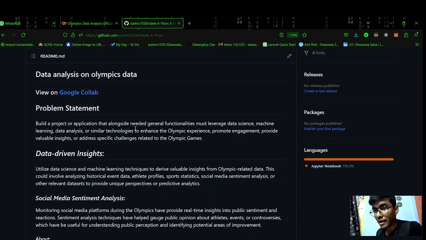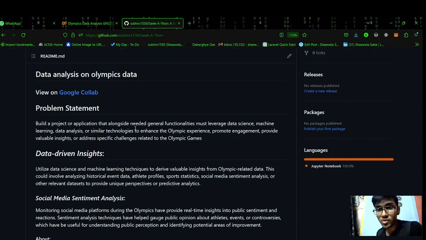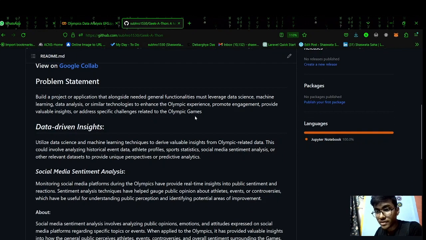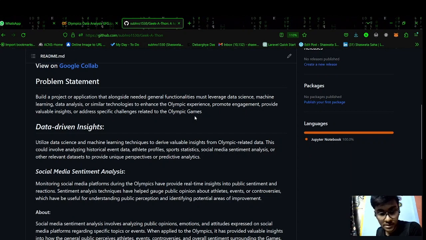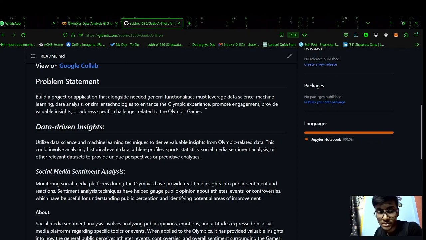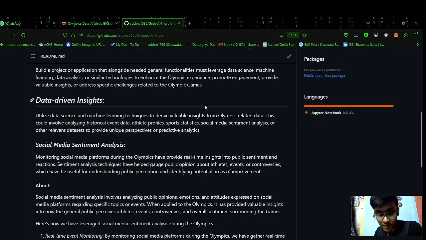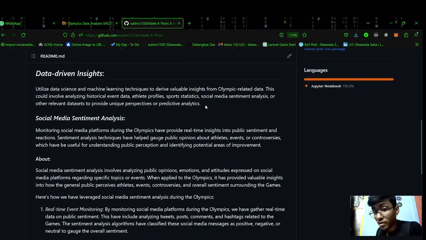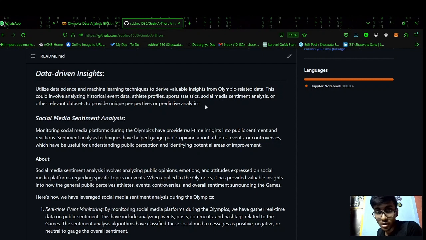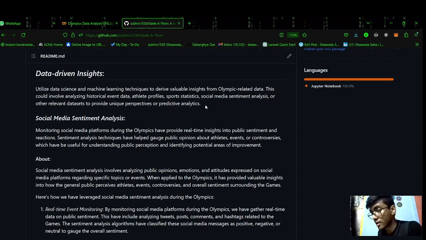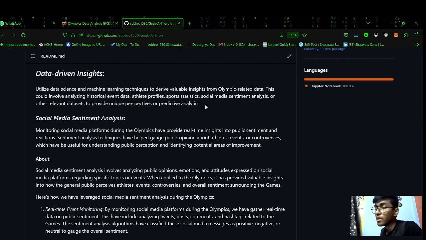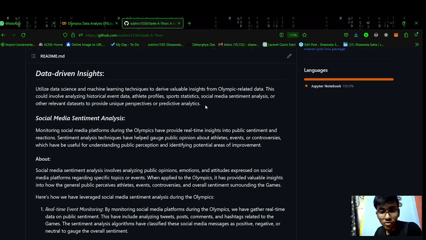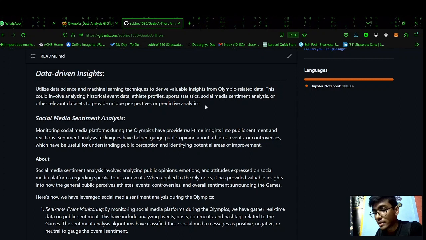So I, along with my team, chose the project of data driven insights, and the main topic in that was social media sentiment analysis. What we aimed to do was monitor social media platforms during the Olympics. We gathered the data of how many people were posting and how many comments, etc. We just gathered the data from Kaggle, and we used that data to do